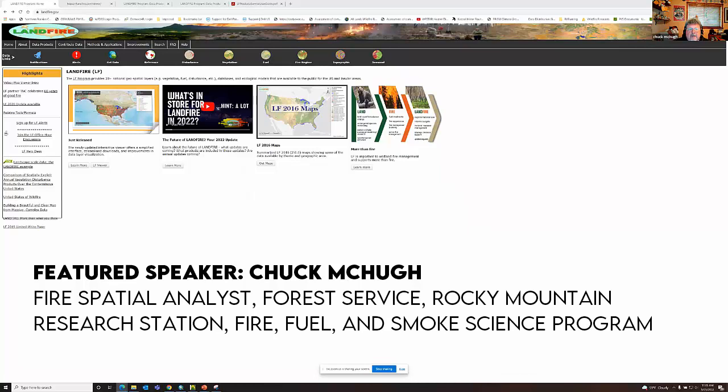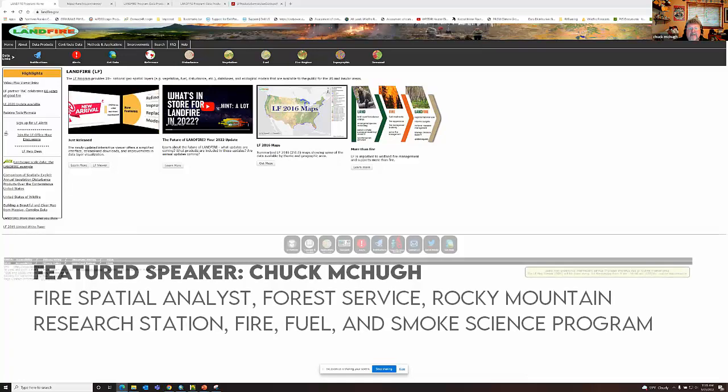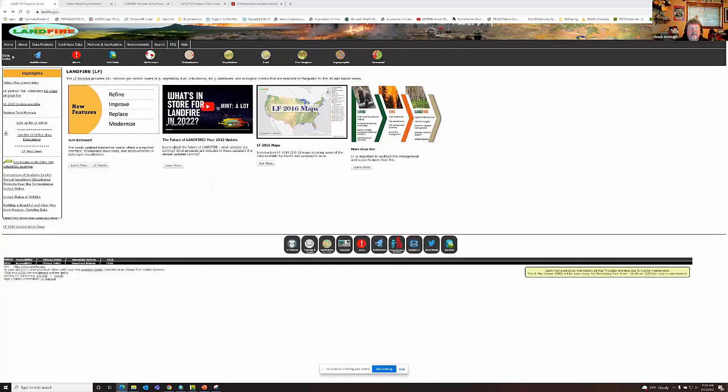My role at the Fire Lab is I oversee the FlamMap geospatial fire application, which is highly dependent on the LANDFIRE geospatial data for the fuels information to develop landscapes so we can use the application. So my focus today is to focus on using the LANDFIRE data viewer to download data to get directly into